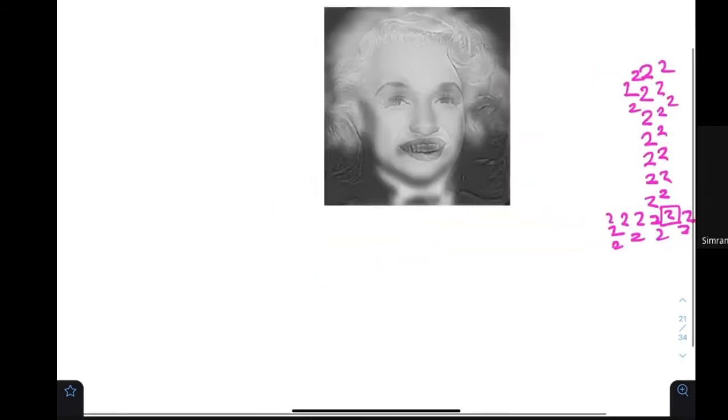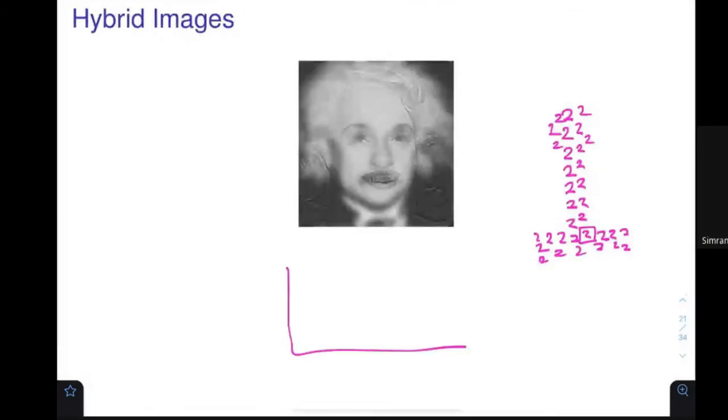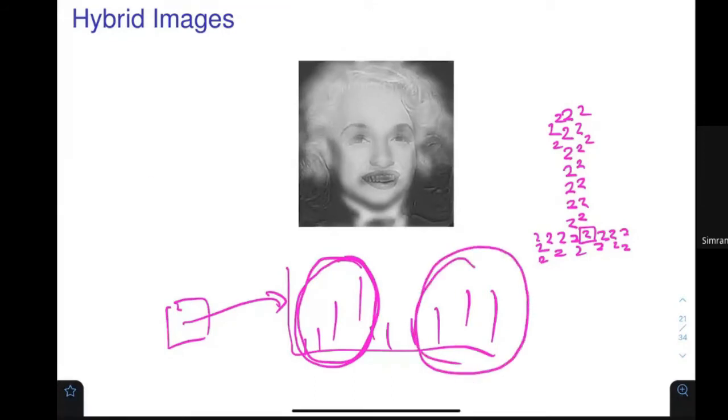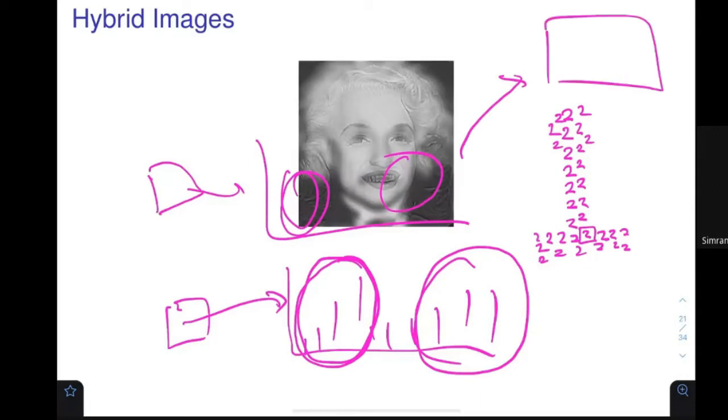Okay. So in an image, as I told you, there are high frequency components and low frequency components. Given an image, you can find out what the image components are. If I keep these components only, this is the low frequency component. These are the high frequency components. If I take another image and also find its high frequency and low frequency components, and I create a third image, okay, let me draw this.